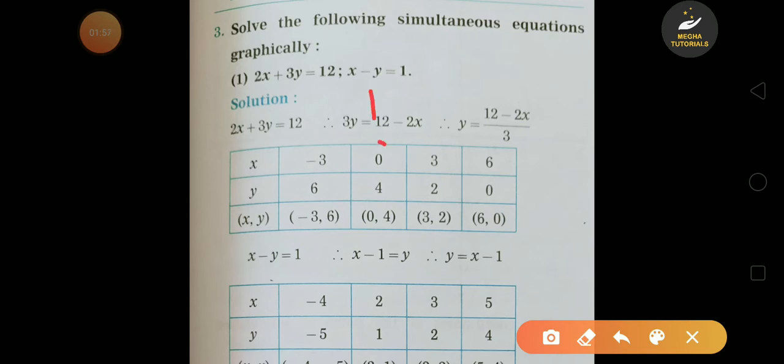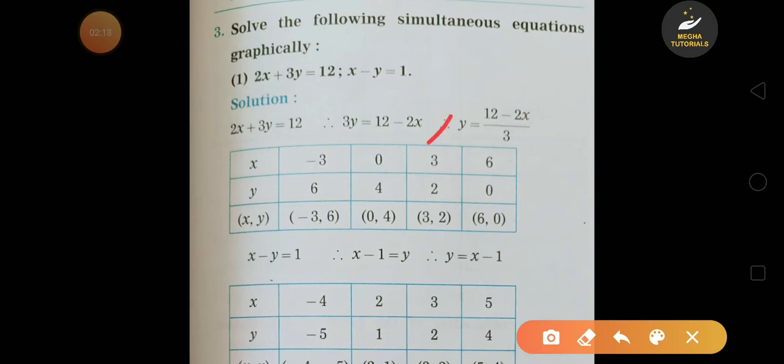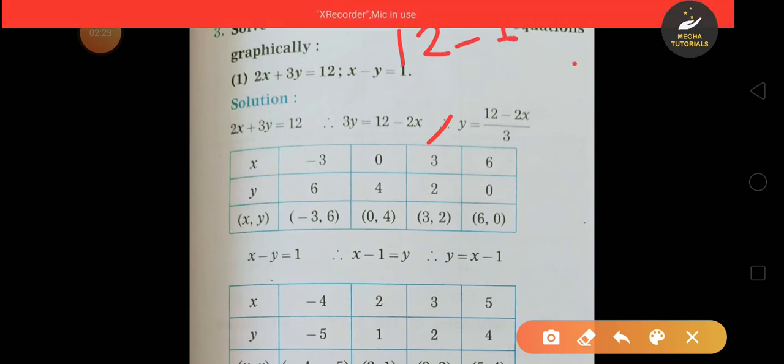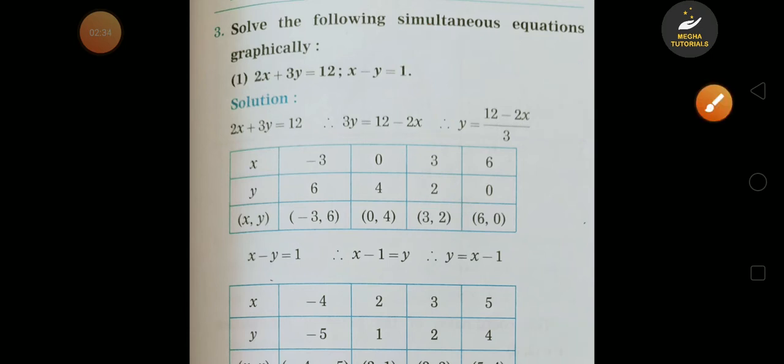then they have assumed x is equal to 0, so 2 into x, that is 2 into 0, 0, 12 minus 0 is 12 and 12 upon 3 is 4। Therefore आपका y का आंसर आया 4 and आपका ordered pair आया 0,4। Then they have assumed x is equal to 3, so 12 minus 2 into 3, 2 into 3 is 6, so 12 minus 6 is 6। तो आपका नेक्स्ट स्टेप आया 6 upon 3, 6 upon 3 is 2, therefore आपका y का आंसर आया 2 and आपका ordered pair आया 3,2। Then x is equal to 6,